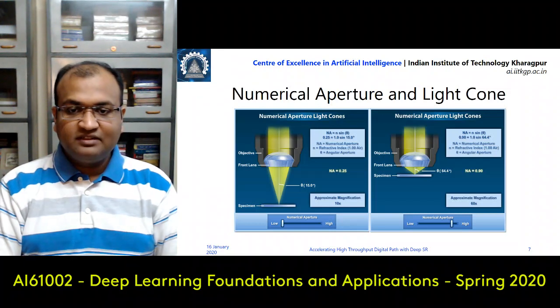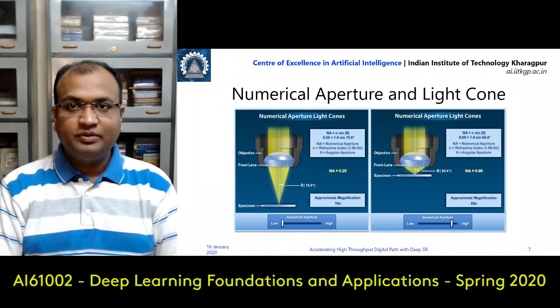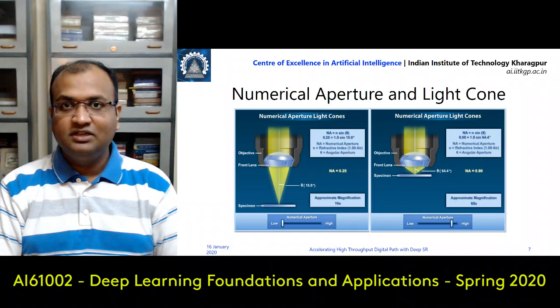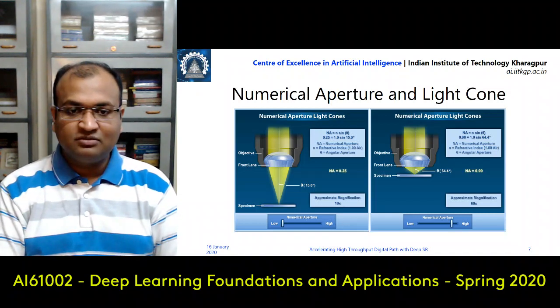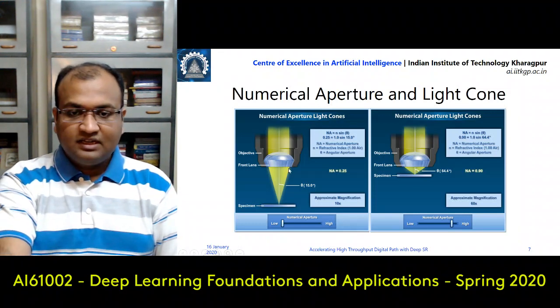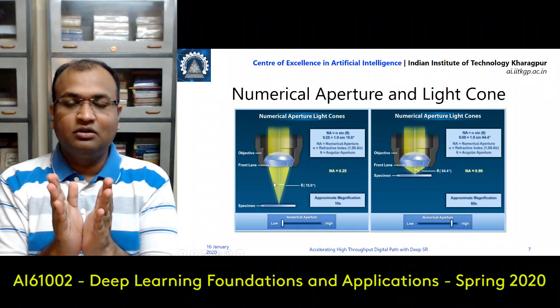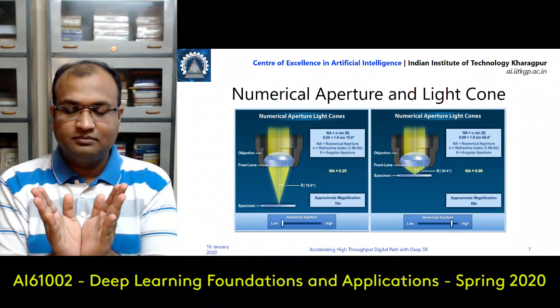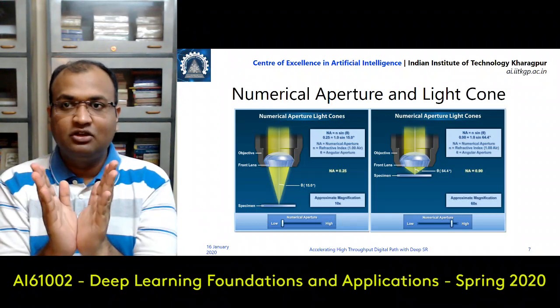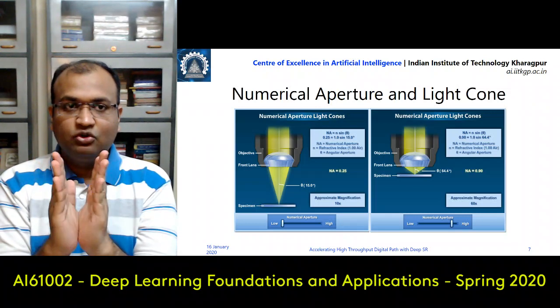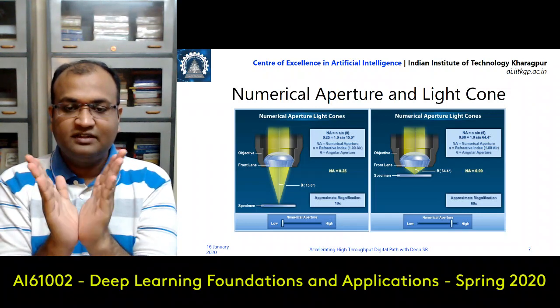Now this is an example which I have taken from the Microscopy tutorial web page. You can go and look into that web page for more details as well. What it essentially shows is that if I want to increase my magnification factor, there are certain dependencies on a factor called numerical aperture, which depends on theta, the focal angle, or the angle of incidence of light. If my lens is very close, then my focal angle is low. If it's very far apart, then my